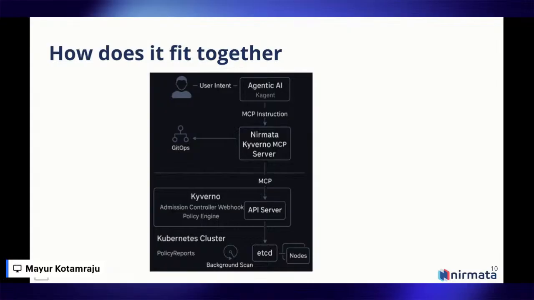What makes this powerful, just looking at this architecture, is the feedback loop, right? Kyverno is continuously scanning your workloads in the background and produces the policy reports so that you can always know that you're in a compliant state. And if we integrate this with GitOps, any drift can also be detected automatically. So this is a high-level overview. Shreyas will do the deep dive, so I just wanted to set the context here.